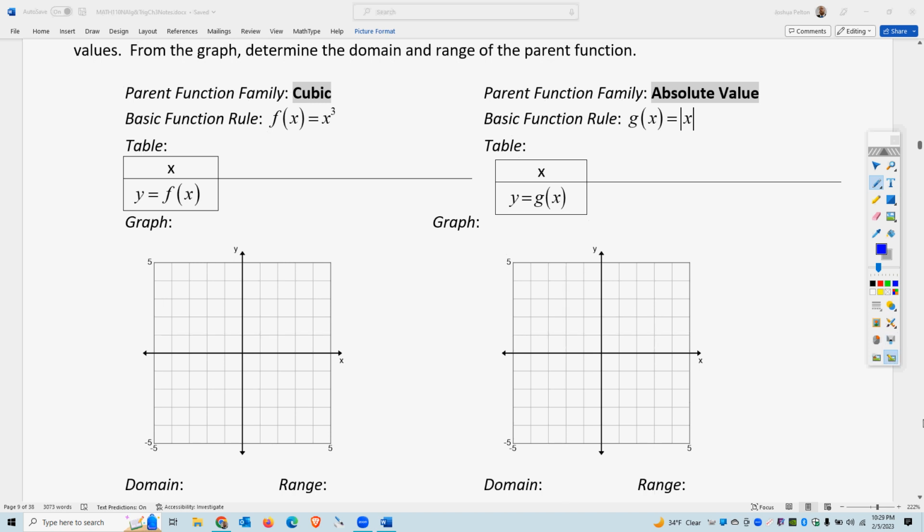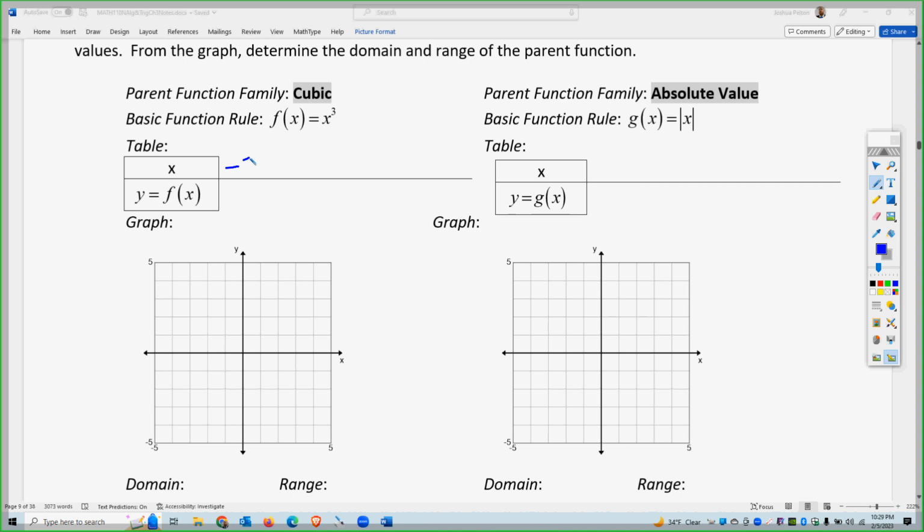Okay, so the cubic function is -2, -1, 0, 1, 2. And again, you can use any values that you want, but obviously choose something easy that actually fits on the graph. So f of -2 equals -2 to the third. That would be -8. The next one's -1, 1, right? Because anything to 0 power is 1, right? And that'll be -2 to the 1 is -2, and then